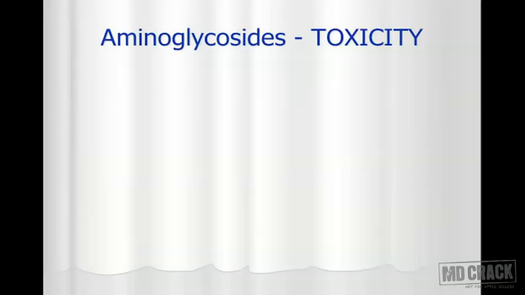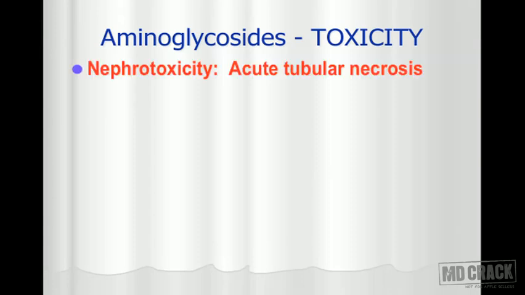We move on to the next slide to have a look at the toxicity. It's good to discuss the toxicity of aminoglycosides in general, for all the common adverse effects. The toxicity includes, number one, nephrotoxicity. They are damaging to the kidneys, and we also saw the mechanism. They go to the urine and the kidneys in active form. They are not broken down, and their elimination or excretion is proportional to the GFR. Naturally, you expect nephrotoxicity or acute tubular necrosis.